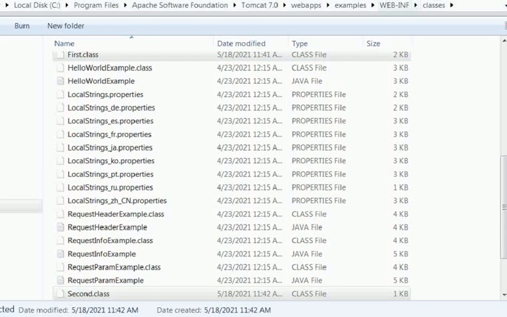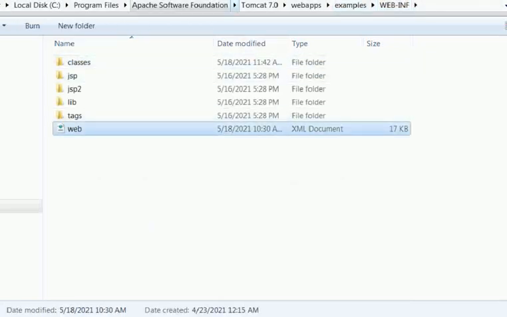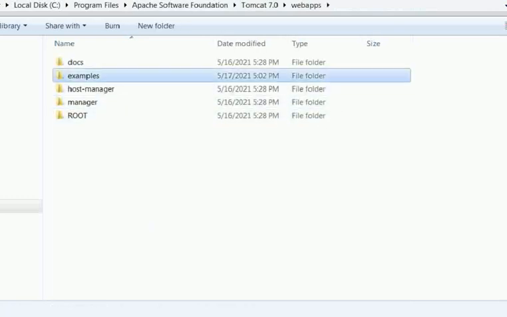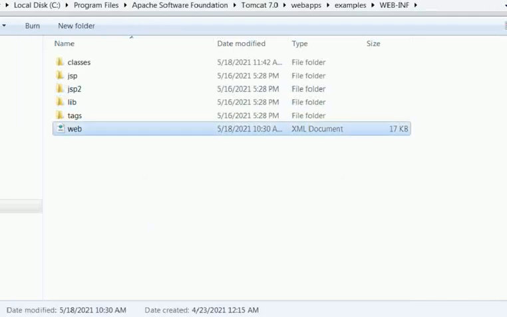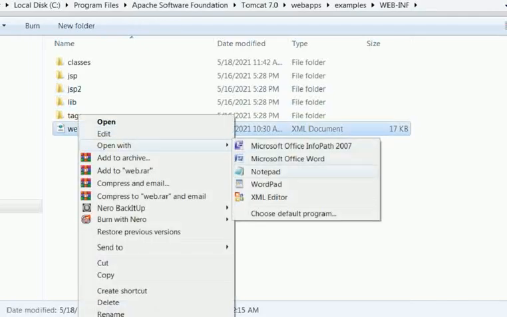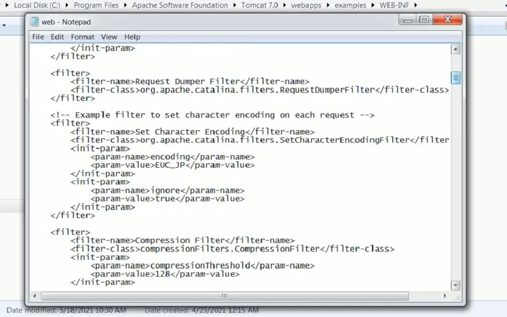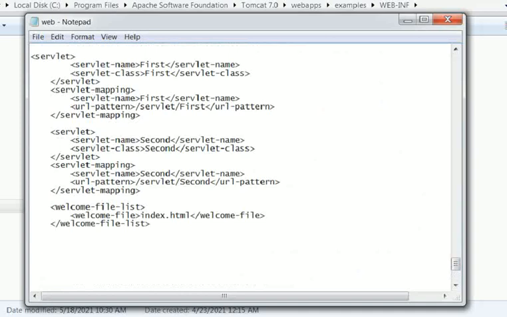Then next we want to move to the Tomcat webapps, examples, WEB-INF. Click the web.xml file. Open it through Notepad. Here it is already defined. Here we want to include this one.